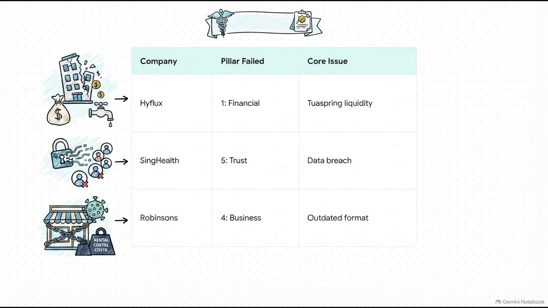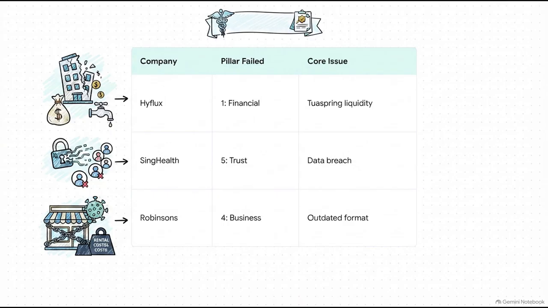Next, look at Sing Health in 2018. That was a classic Pillar 5 failure, trust and governance. We're talking about approximately 1.5 million patient records being breached, and it was seriously exacerbated by gaps in staff awareness and a delayed escalation. Finally, Robinsons, an absolute Singapore institution founded way back in